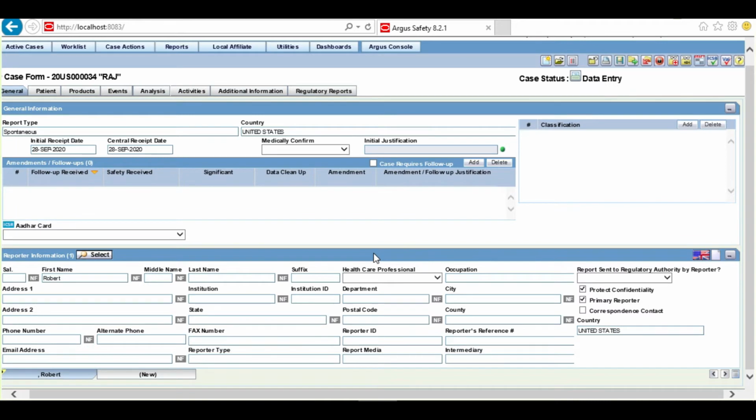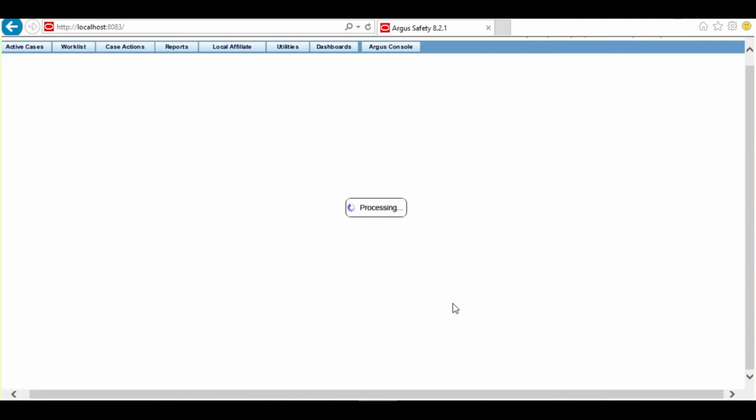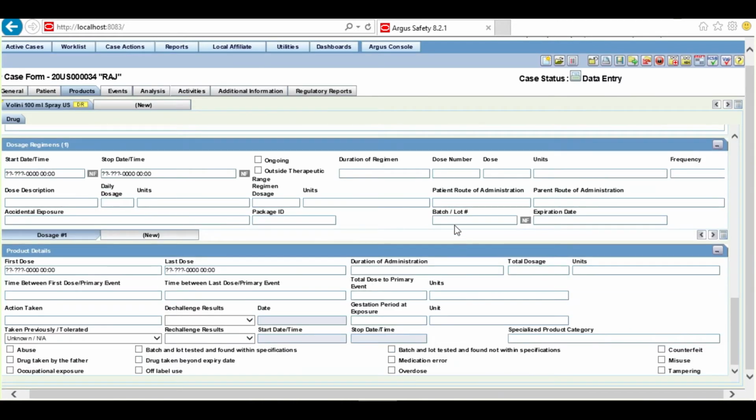With this particular case, we are going to schedule an E2B R3 report to the agency. So let us select mandatory information which is required, like healthcare professional, reporter type. Let's go to the products tab. Enter the batch number.